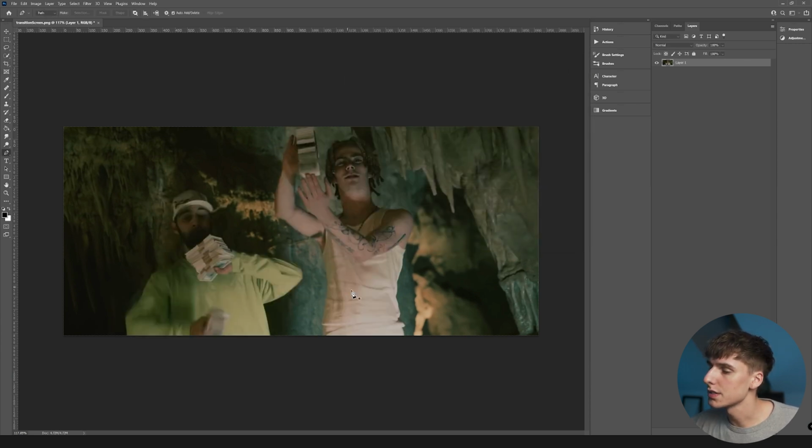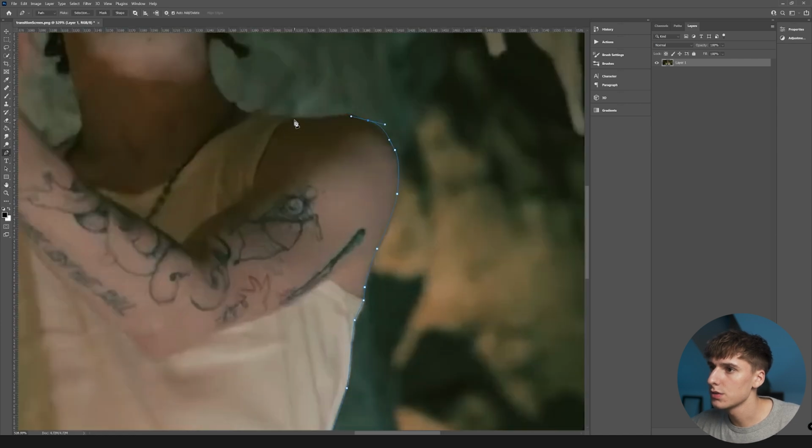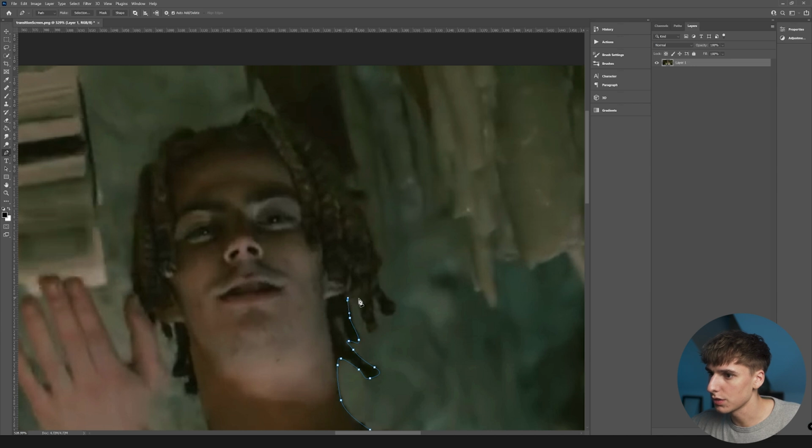And then this time is a little bit more work. I'm going to go ahead and actually take my time and pen tool out the subjects. If you're not familiar with the pen tool, I'd recommend learning it. It's honestly a really, really useful tool in Photoshop. I really like it. You can go ahead and use other methods to mask out, like lasso tool, quick selection tool, all that stuff, but I'd always recommend the pen tool if you are willing to take the time to do it. Probably going to give you the best result almost all the time. And when you pull off transitions like this and they're really smooth and you can't tell how the person did it because you can't see the subject behind them or whatever, I think it's really worth it.